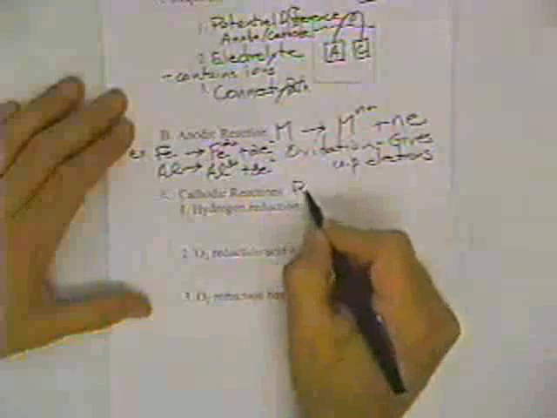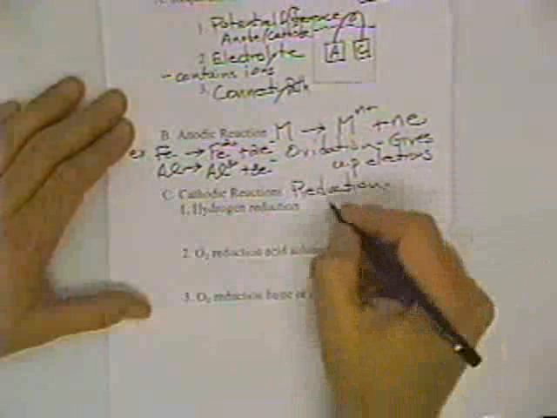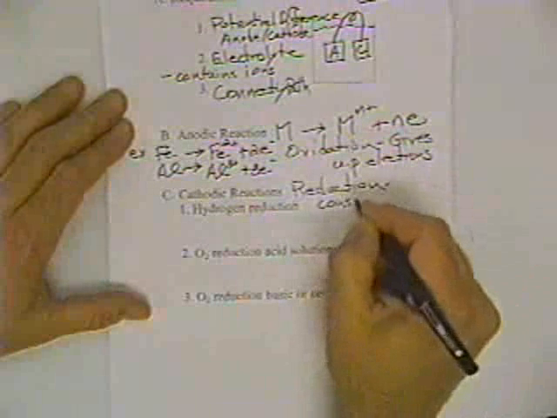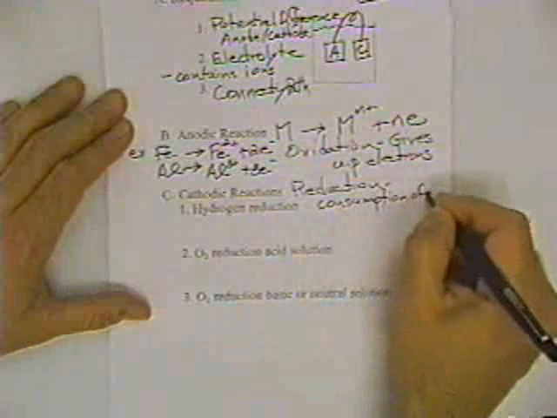So the anodic reaction, the only one you have to know is the oxidation reaction. Now the cathodic reaction, on the other hand, has several different reactions, and we're going to take a look at 3 of them. The cathodic reaction is where reduction takes place, and reduction involves the consumption of